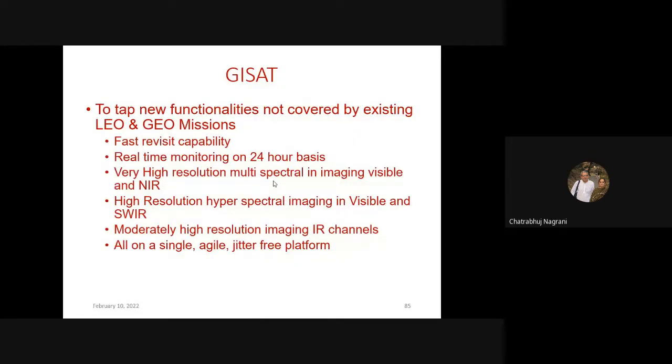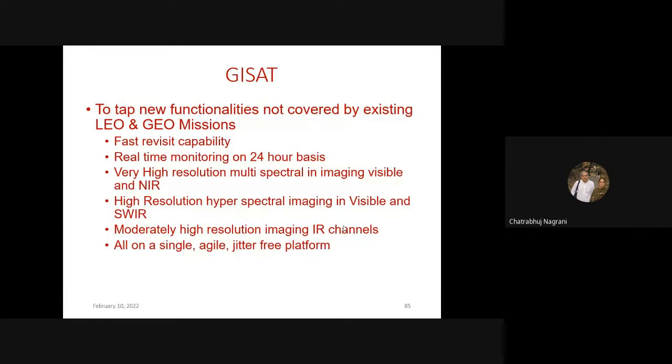Now GISat, I will not talk much of GISat because it was not successful, but it was supposed to do agriculture type of mapping, which is 23 meter, 50 meter type of resolution, 500 meter type of resolution, but it is available 24 hour all over India, 1/3 of India. So that was, but at the launch there were some problems. Very recently it was launched on GISat 2,